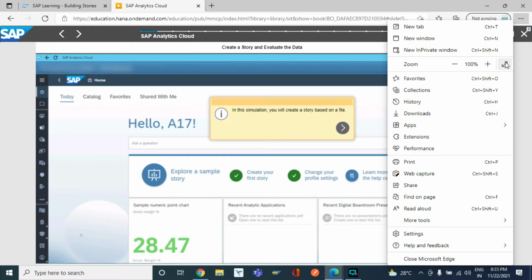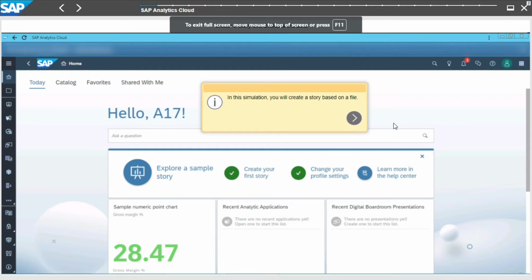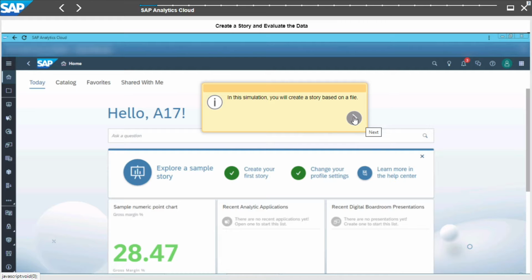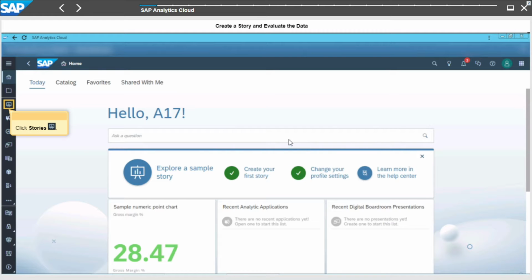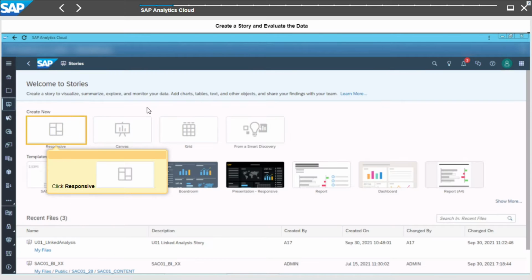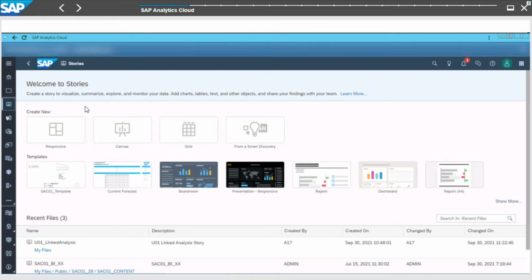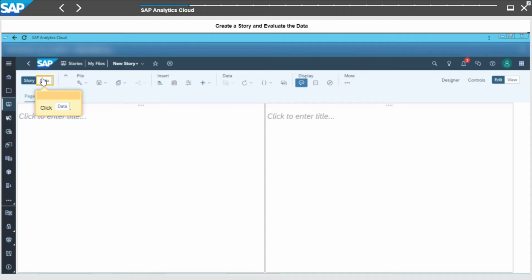This is chapter 2 of our course, and today we are going to create a story based on a file. To create a story based on a file, we'll create a new story with the responsive page. Go to stories, click on stories, then we can create a responsive page and click on data